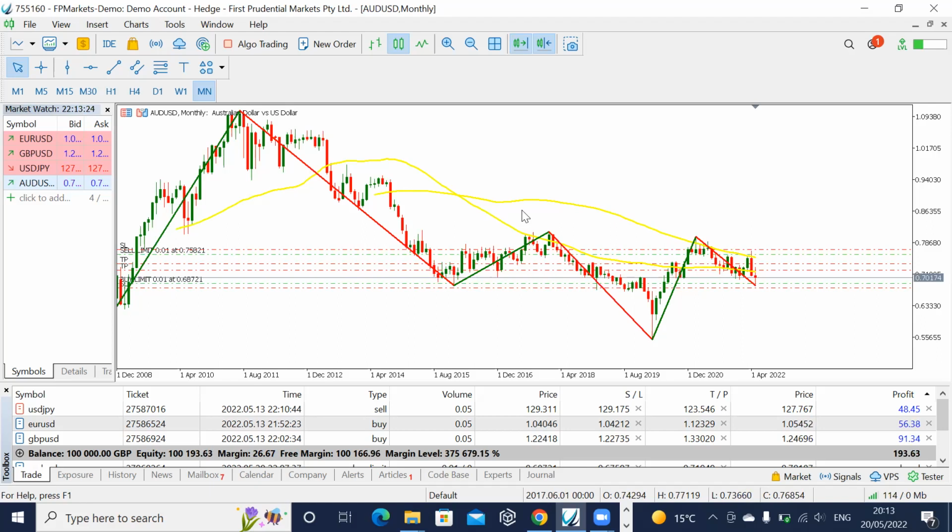No. What we do is, sorry to interrupt you there, we put our supply and demand zones on the monthly, and then we go and trade on the daily. Oh, we trade on the daily. I didn't realize. Yeah. So we're trading on the daily, but we use the monthly because on the monthly time frame we've got a lot more data, and with a lot more data it's much easier for us